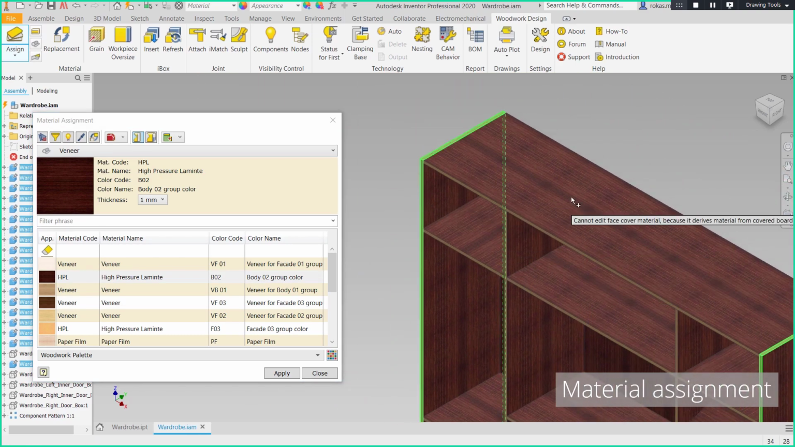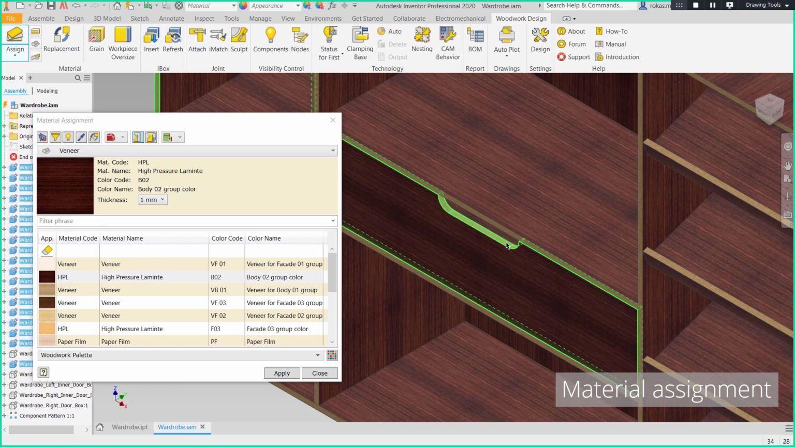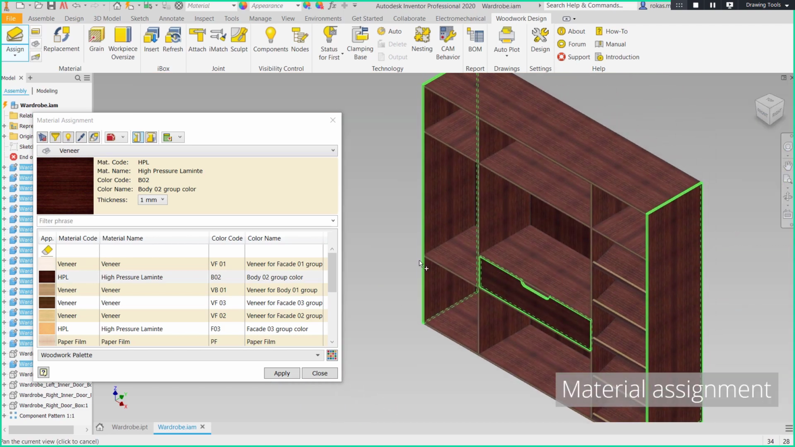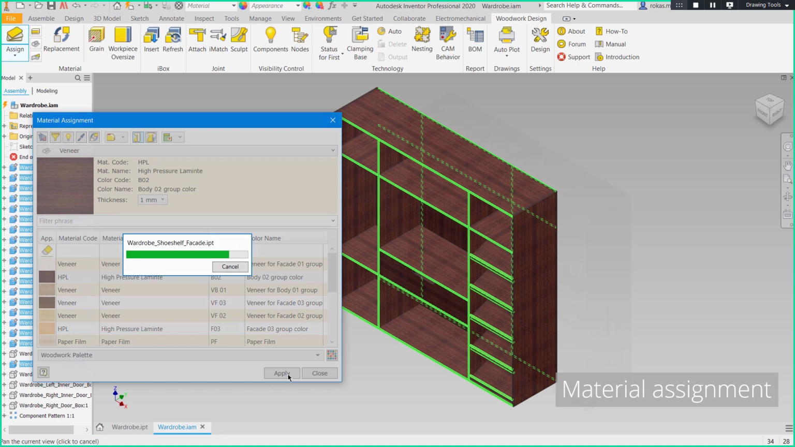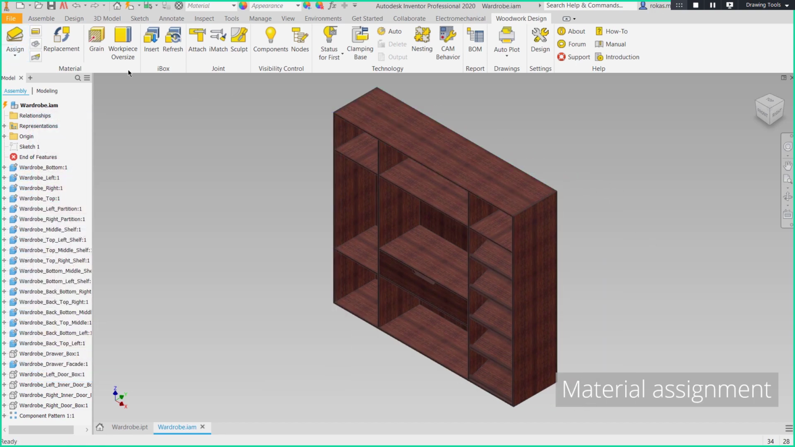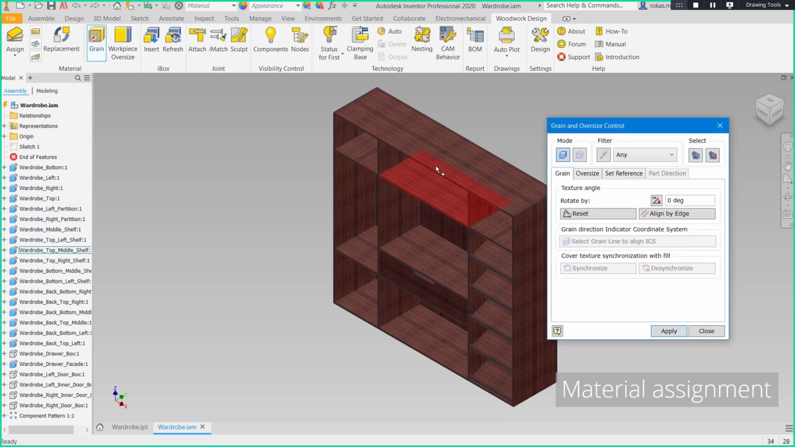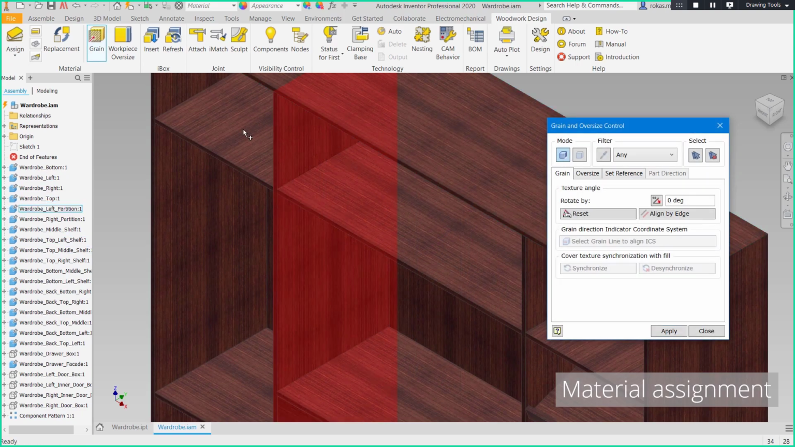Okay, so I will use the veneer in this case for the edges, like so. As you can see, I can select one single edge and it goes around. So in the same way, we repeated this grain direction assignment for all the panels. Okay, so